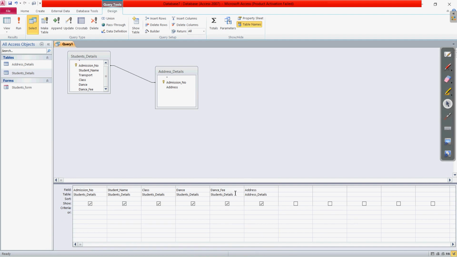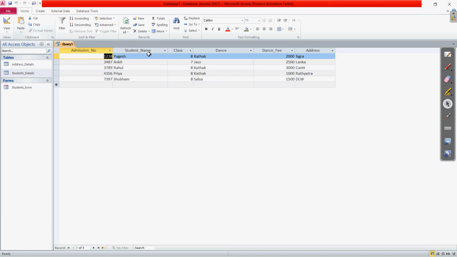So here we have already created this, and right now we are in the design tab. As you can see here at the top, we are in the design tab. Now in the design tab, which button do we have to click on? Run button. Let us click. So if I click on this run button, here you can see the result is being displayed. Clear?